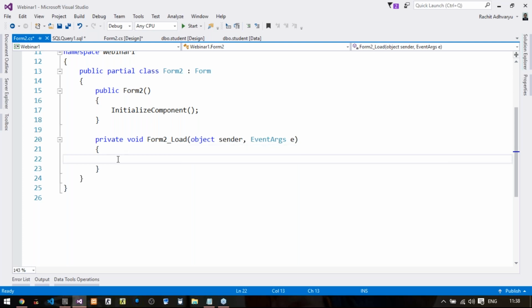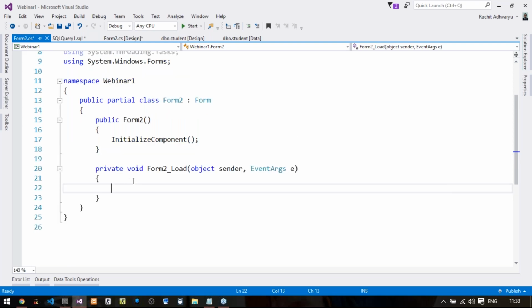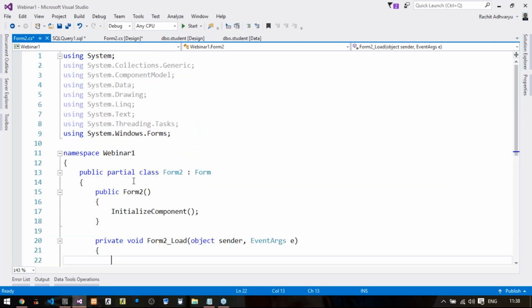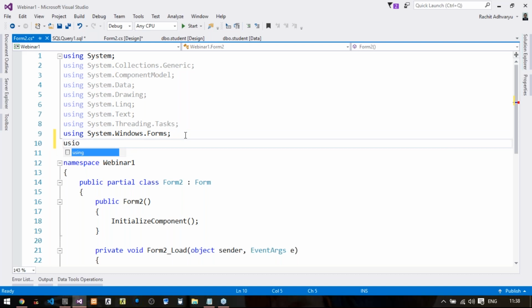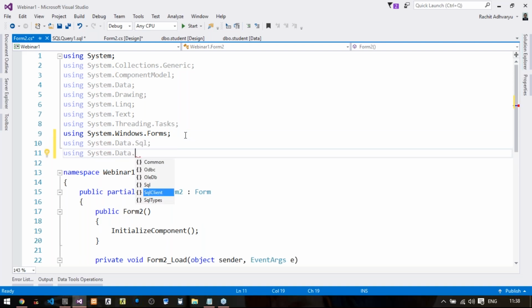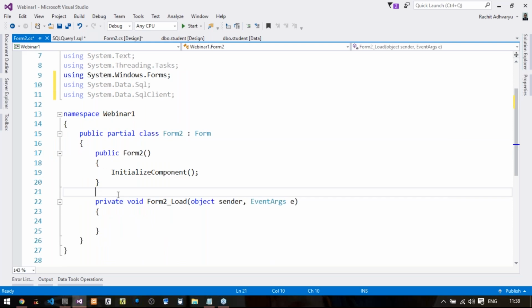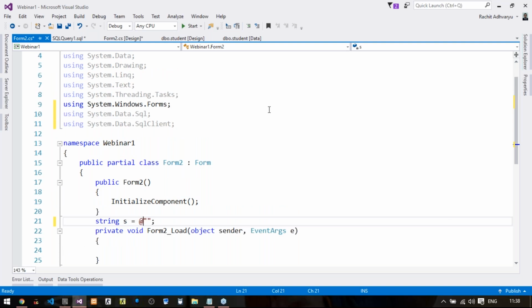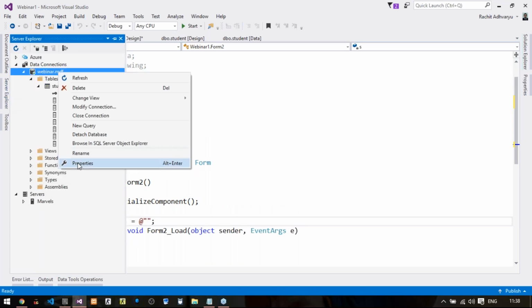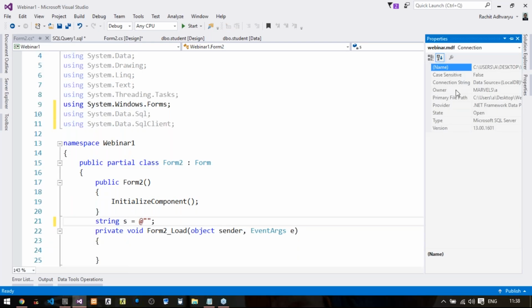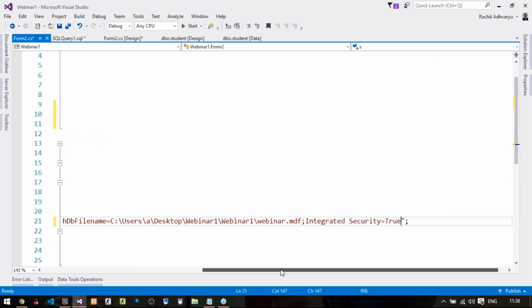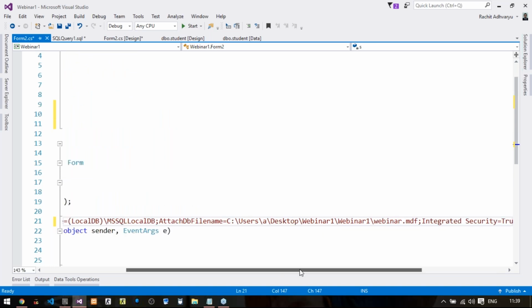and fill it in our combo box. So for this, again, we are going to import two namespaces, that is using System.Data.Sql and using System.Data.SqlClient. Next thing, we need to establish a connection string. So string s equals to @ and copy a connection string from properties of database. Control C, Control V here. As you can see, my complete string is of red color, so there are no double quotes in between the connection string.